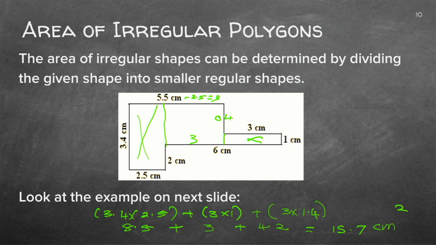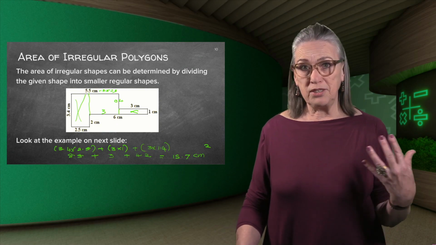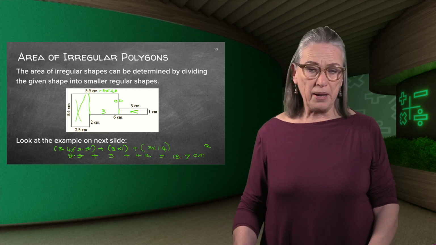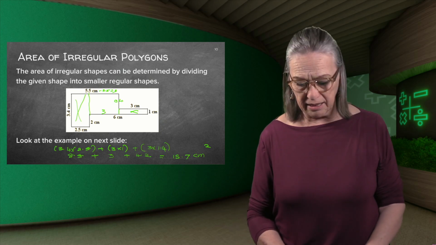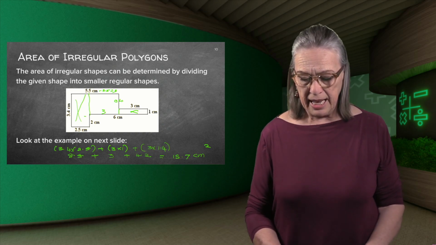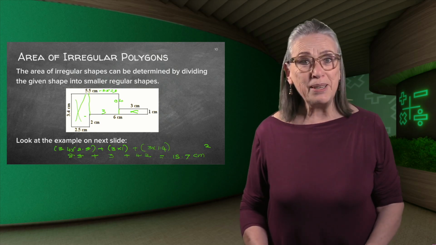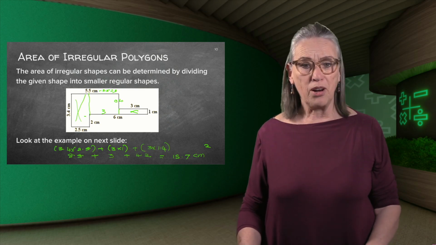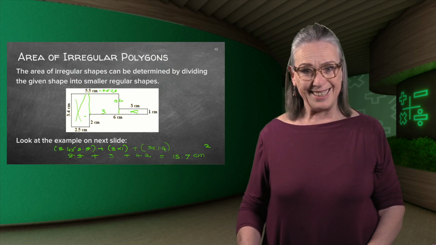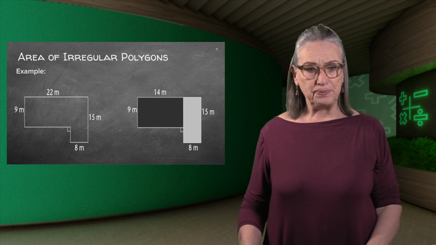And there's our area. You can also play around with this, and if you want to, at the end of this, perhaps go back and you can see, but I've noticed another rectangle. I think we can cut it here, then we've got a big rectangle, another one here. Try that. Please do it, and then you will get the same answer if you do it correctly. Okay, right, now let's do this example.